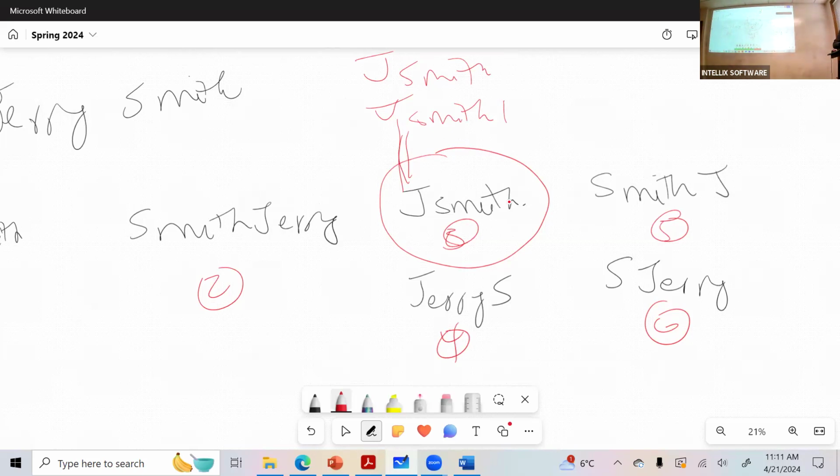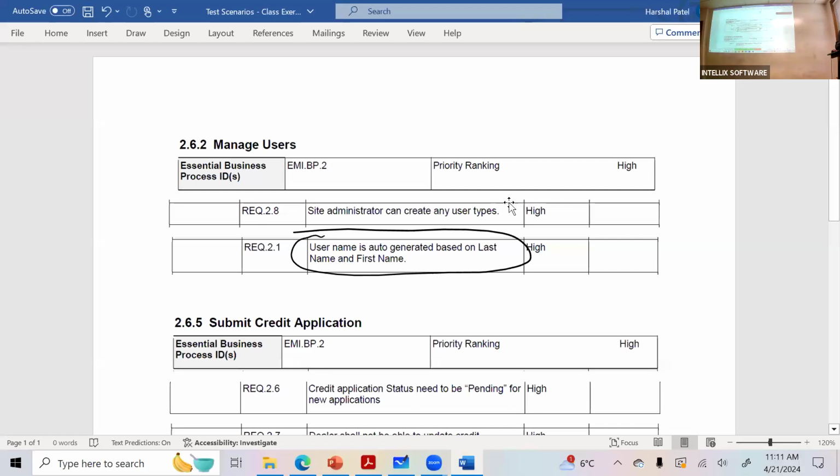So he changed a requirement by giving you additional clarification, right? He said that it is the first character of first name plus last name. That's one thing he added.